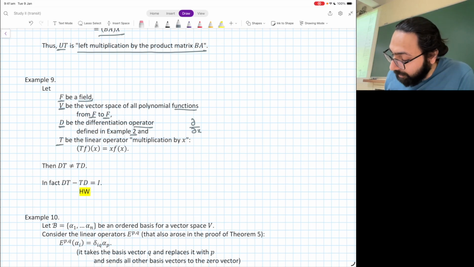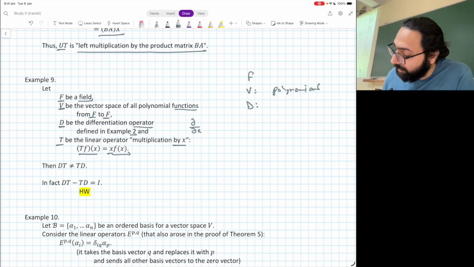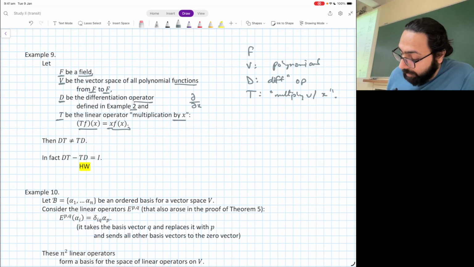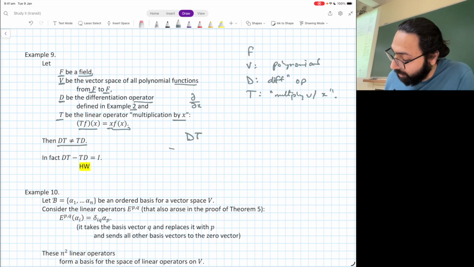Okay. And it defines a linear operator T, which is multiplication by capital X. So what it does is it takes whatever polynomial you have and multiplies it by X. Okay, so F is your field, V is basically polynomials, D is the differentiation operator, and T is the multiplier with X. Okay. Now, the claim here is that D times T is not going to be the same as